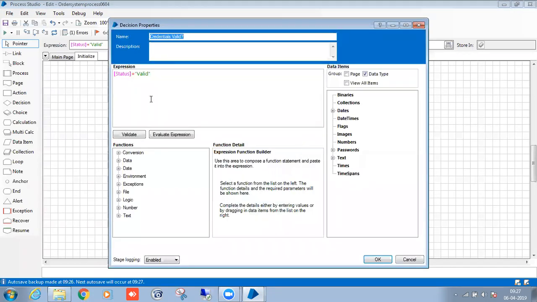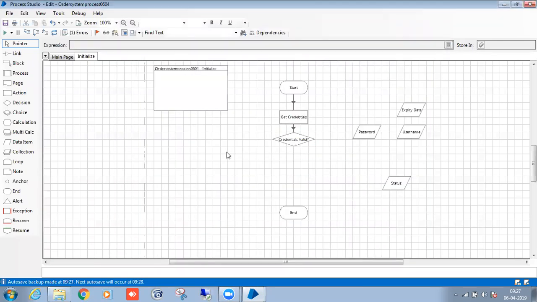So what I'm doing here: status has to be valid is my first condition. If status equals valid, then my second condition is to check whether both have values or not. If both are true, then I will assume these are valid credentials. After that, one more thing we need to check is whether the file is in the existing path or not. They have given the file path, so I will check whether the file is in that particular path. Those two things I will check before doing the next process.